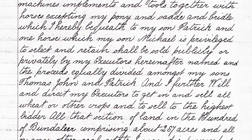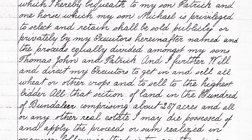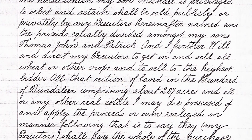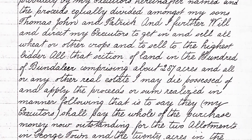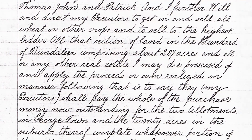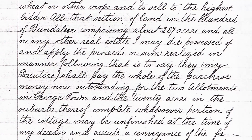And I further will and direct my executors to get in and sell all wheat or other crops, and to sell to the highest bidder all that section of land in the Hundred of Bundaleer comprising 287 acres, and all other real estate I may die possessed of. And I apply the proceeds or sum realised in the manner following, that is to say, they, my executors, shall pay the whole of the purchase money now outstanding for the 2 allotments in Georgetown, and the 20 acres in